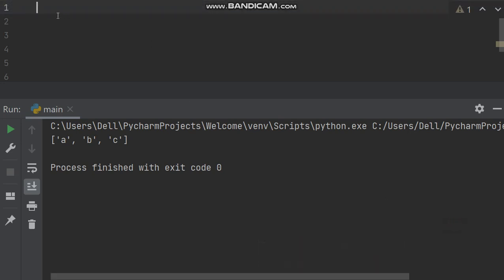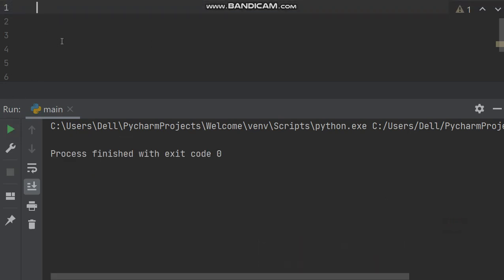So let's start with the list, the concept of list in Python. Suppose employee, and in the list write employee name, okay, then employee id,